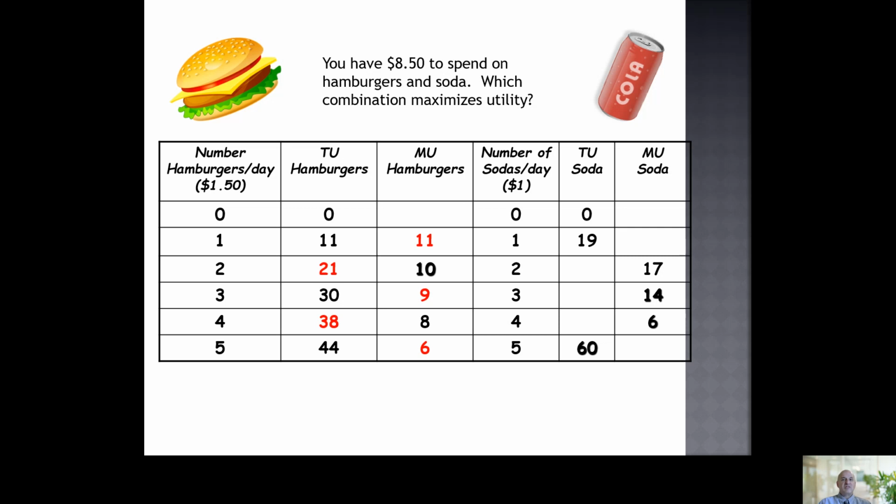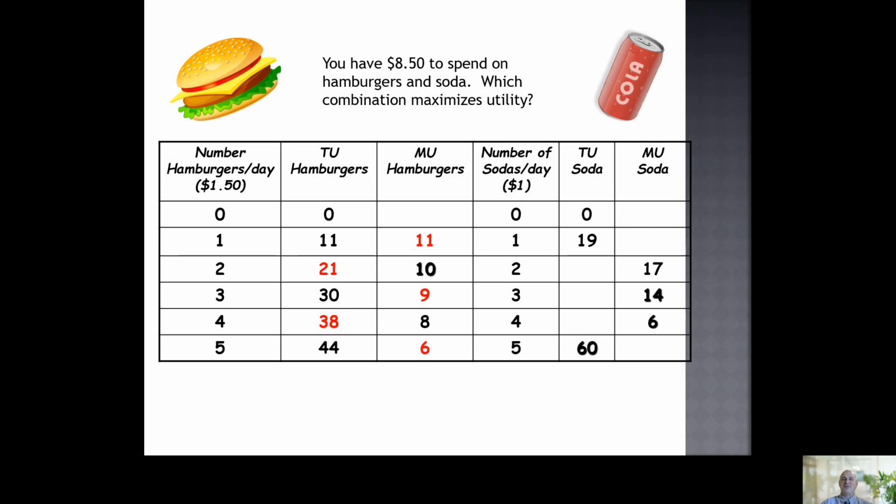Now, again, remember, these are just made up numbers. These are not numbers that you're going to see printed on a price tag or anything like that. But the concept, definitely, you should be able to see that the more you consume of something, the less utility you get from each additional unit. So you notice, if I were to have 3 hamburgers, I'd have 30 units of satisfaction.